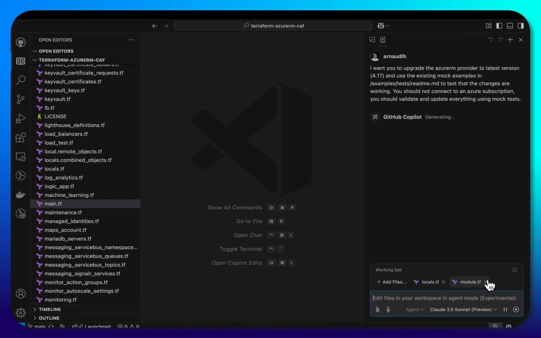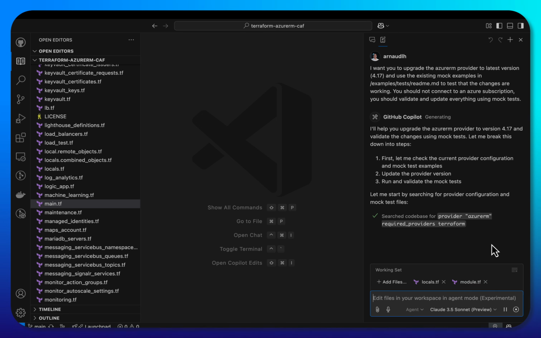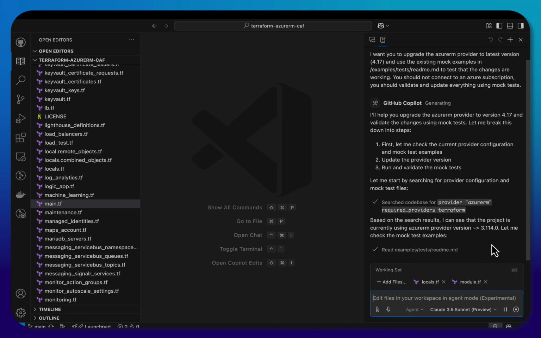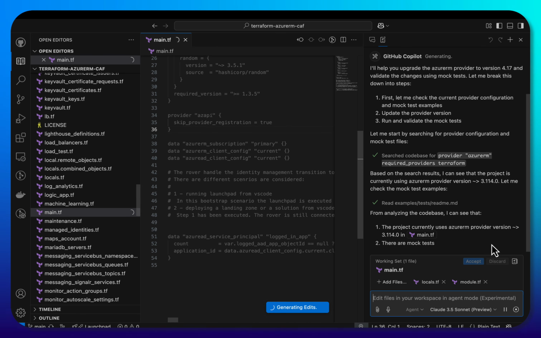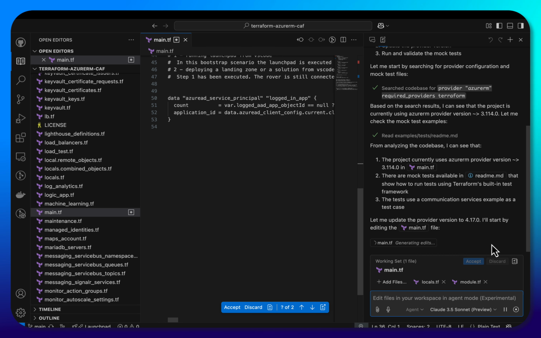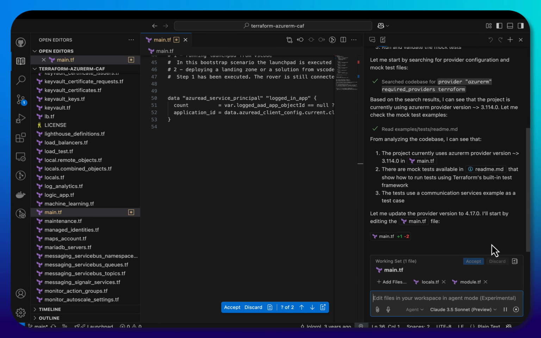Let's review together how we can use GitHub Copilot edits in agent mode to upgrade a code base. So here you see I asked it to upgrade a code base with an older version of the Azure RM provider for Terraform to a more modern version, and use it with the newly defined mock templates in Terraform, where the instructions are under the README file, to test and validate those changes and everything. So it understood the request, and first it did upgrade the version of the provider, as we can